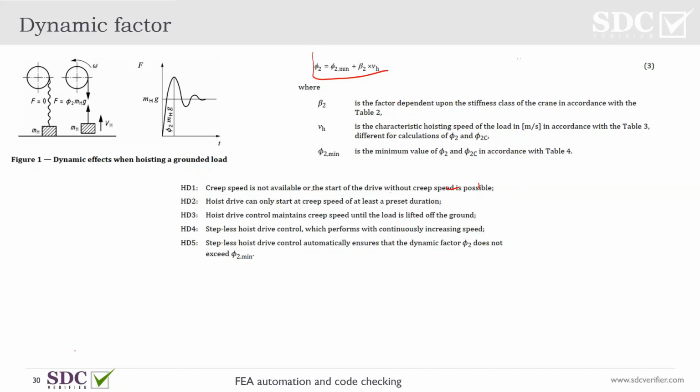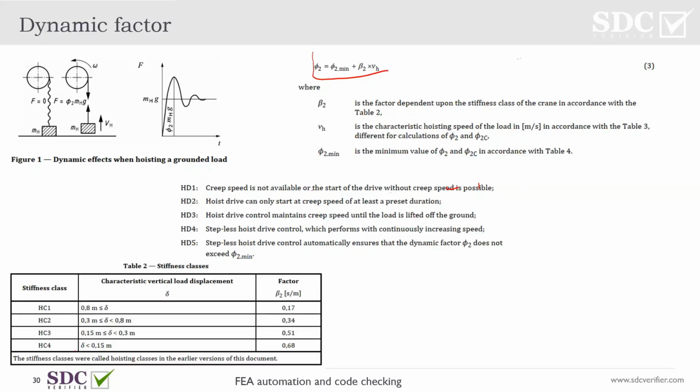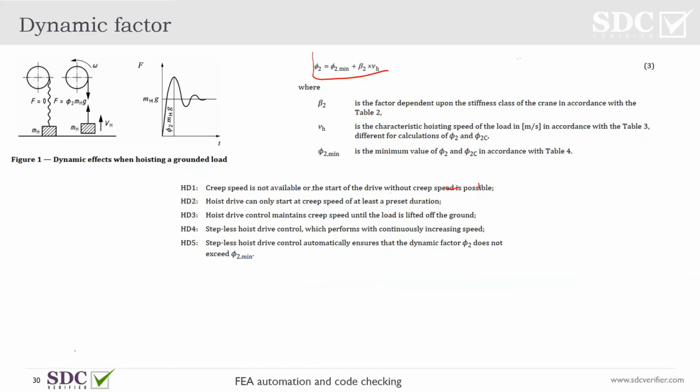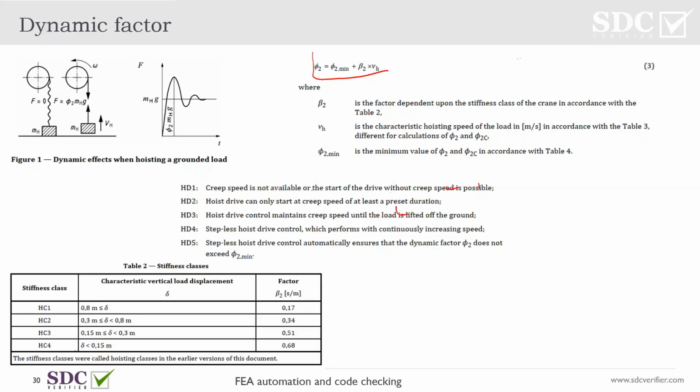So the hoist drive class allows us to basically, well, I will maybe mention this one at the end. So it allows us to focus also on the stiffness class of our crane. What does it mean? Having your typical crane design, which is your container crane,